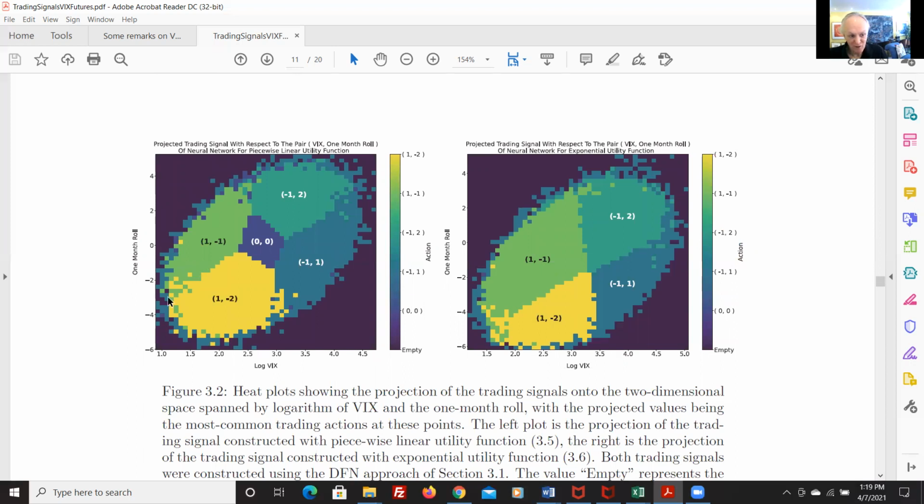And given where you are in this phase diagram, for lack of a better explanation, it tells you which of the 5 strategies you should use: buy the 1 month, sell the 5 months, sell the 1 month, buy the 5 months, here times 2. And by neural networks, we found that